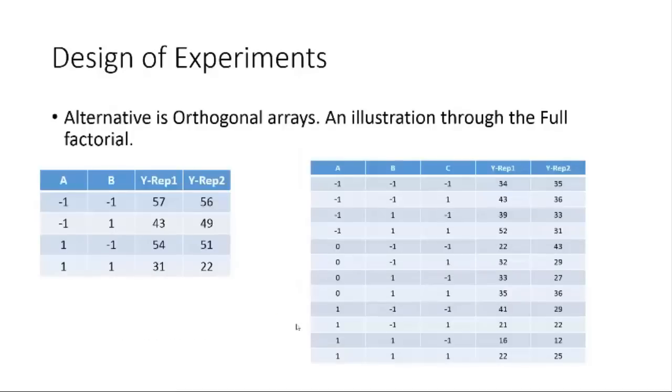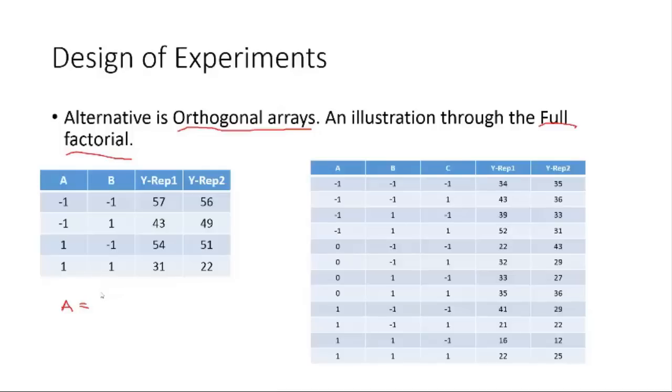One approach to overcome this problem is broadly called orthogonal arrays, and a specific type of orthogonal array is called the full factorial, which is what I show here. So take a system where variable a can take on two states. Let's go back to this casting problem, and say you were interested in variable a, which is